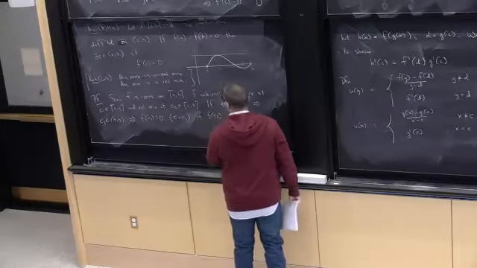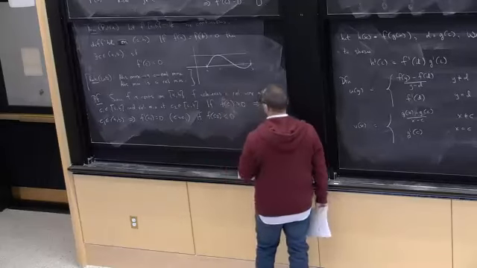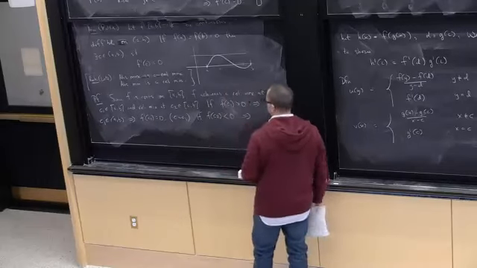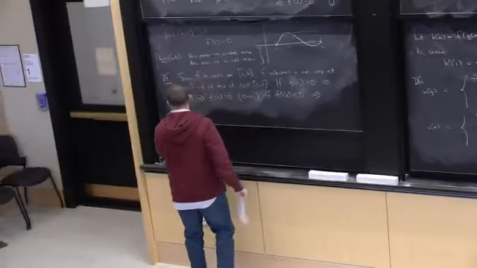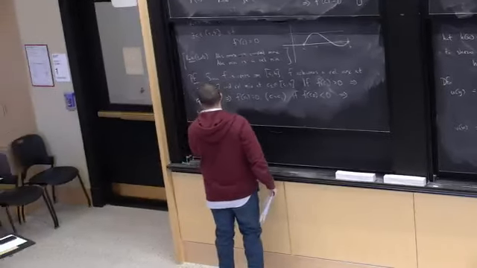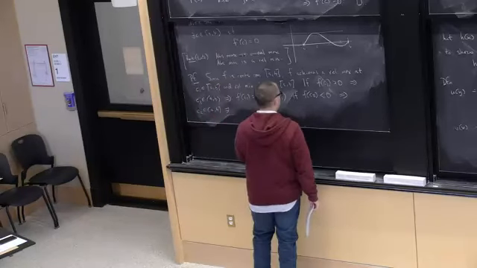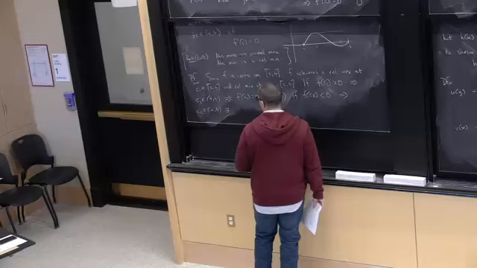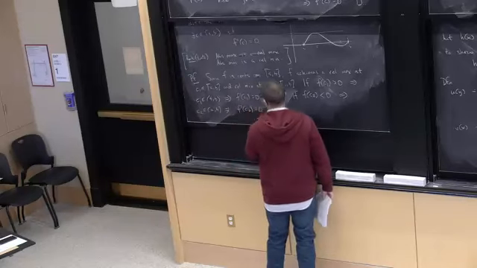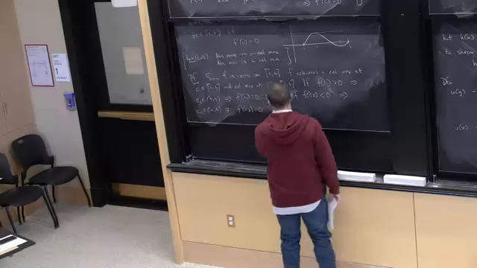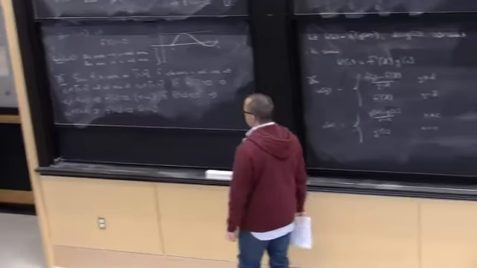If I'm at the minimum now, and this is less than 0, then again, this implies that C2 is in the open interval AB, which implies since f has a minimum at C2, f prime of C2 equals 0 by the previous theorem, and therefore we could take C equals C2. All right.